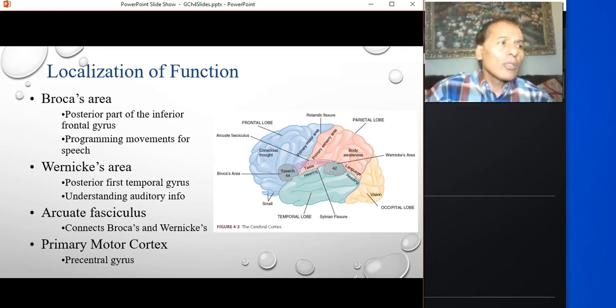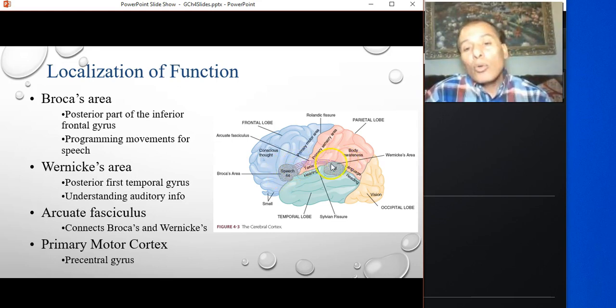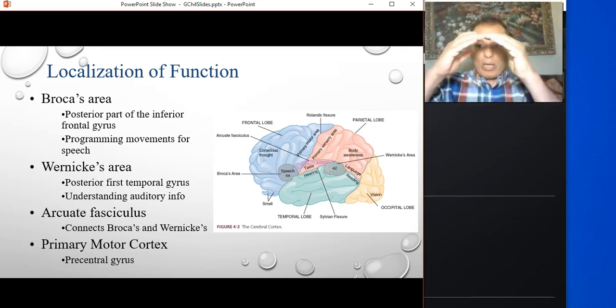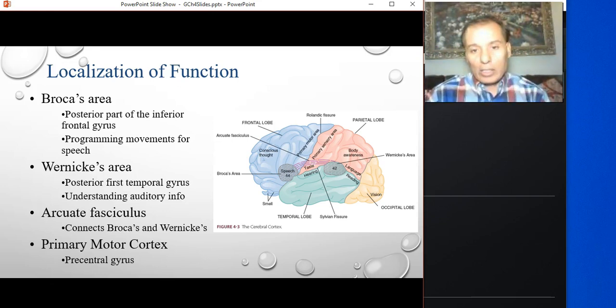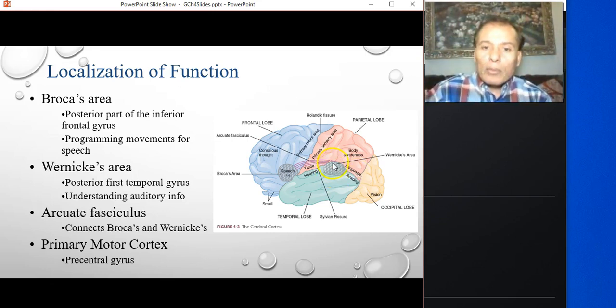Actually, it can serve like this. It needs "the" before it, or it needs "a" before it. It can fit as a subject, or it can fit as an object in the sentence, and so on, because Broca's area is the sentence processing area, grammatical processing. So it sends the feedback back to Wernicke's area. The connection between these two areas is called the arcuate fasciculus, the arched pathway. Fasciculus means pathway.